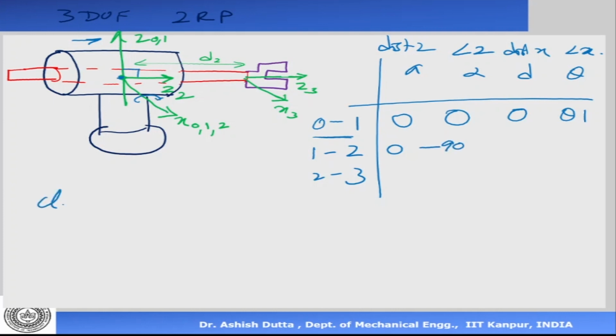Clockwise is taken as minus rotation. So it's like you're standing from here and watching. This is where you are and you're watching, and this is clockwise. That is how we define our clockwise here. So the clockwise rotation of 90 degrees: z1 was in this direction, it has rotated and become z2 clockwise by 90 degrees, so it's minus 90 there.